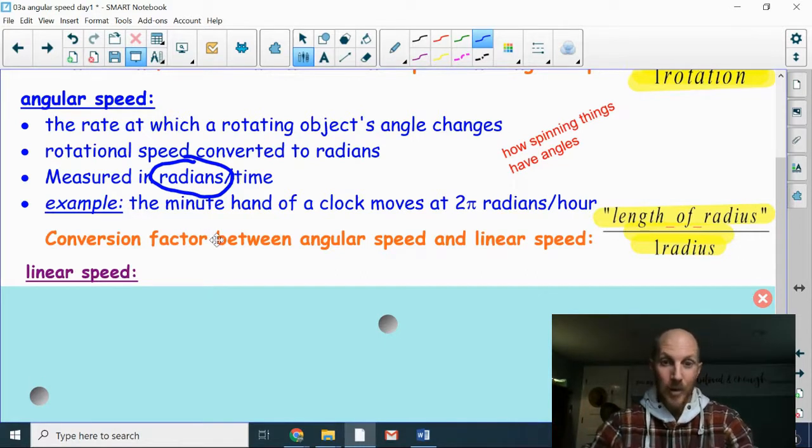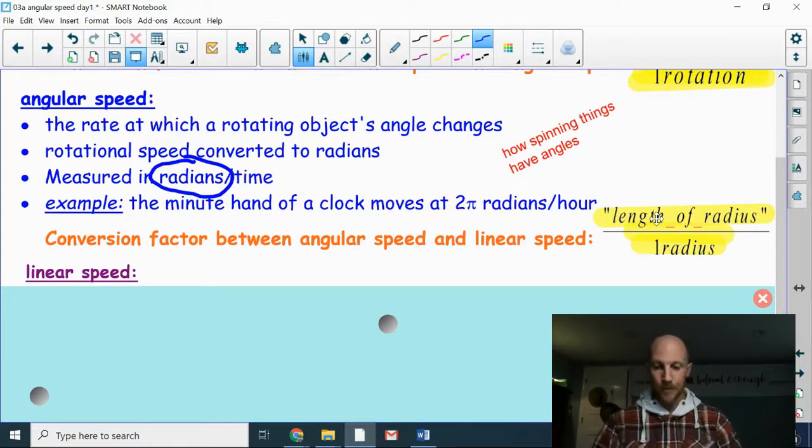That is literally between them, right? So the conversion factor between angular speed and linear speed, in quotation marks. I put things in quotation marks that you're going to replace. That's like the label, but you need to actually put the length of the radius. So if you're dealing with a particular circle in this problem, and you are given the radius, or you measure the radius, or you calculate the radius, or whatever, when you get that number,